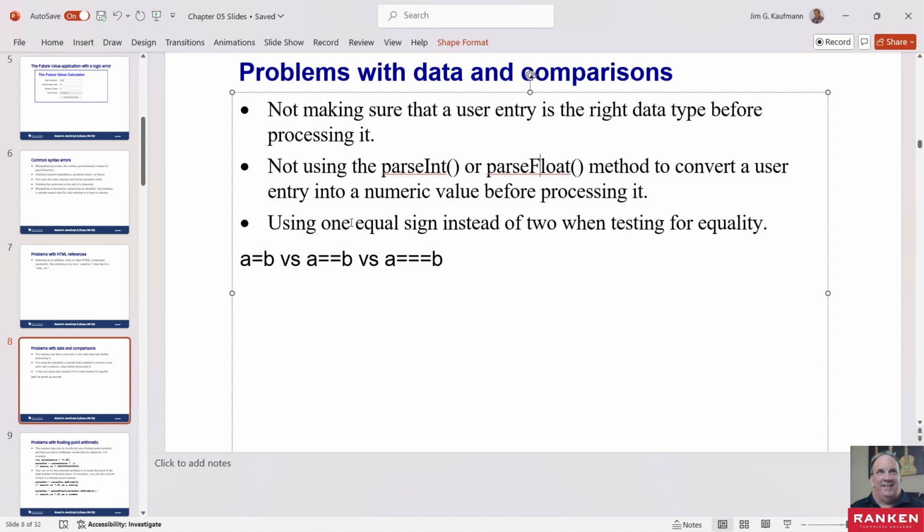And here's a common issue. Almost every developer at one point in time did something very similar to this: when you use one equal sign, you're basically assigning a variable. Here it's assigning A to B. Maybe you're assigning A to the number 10, whatever. One equal sign is assignment, all right? When you've got two equal signs or three equal signs, that's equality. So you're saying, is A equal to B,